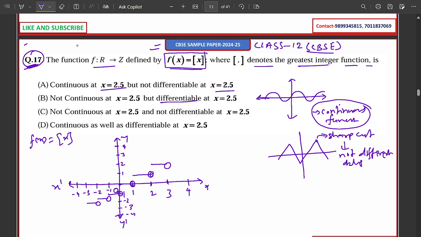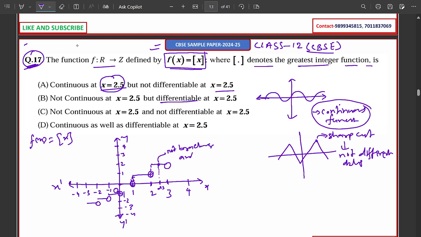So this graph is breaking at all these points. At this point it is breaking, at this point it is breaking. But the question talks about the point x equal to 2.5. So suppose this is x equal to 2.5. Here, at this point, the graph is not breaking